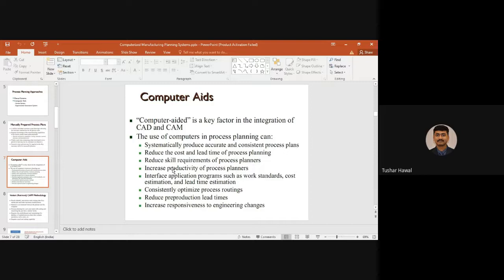This also reduces the requirement of skilled labor, that is, the skilled process planner that we were talking about. They will not have a much bigger role when we are making use of computers, because most of the data, once you feed it into the computer, will automatically generate most of the things. Then it increases the productivity of the process planners.